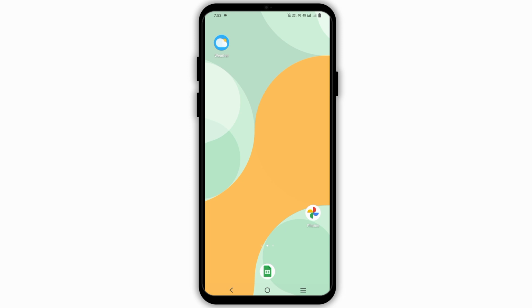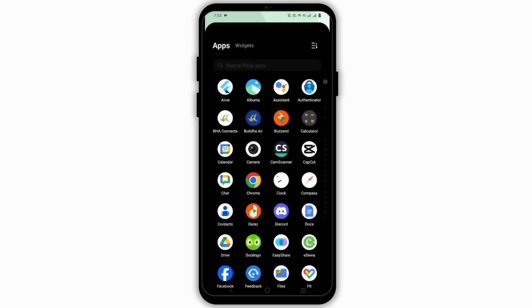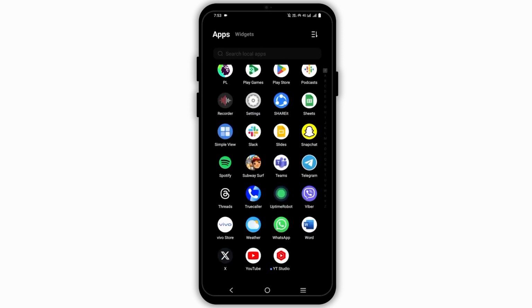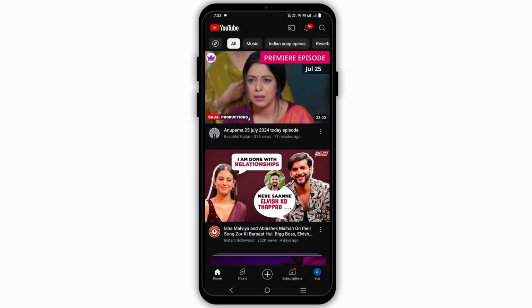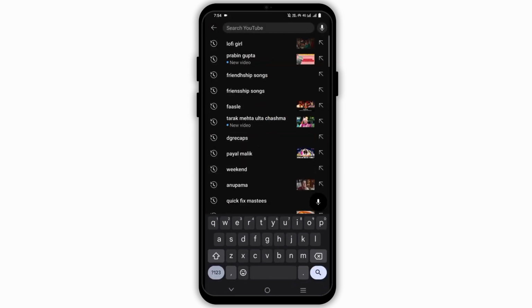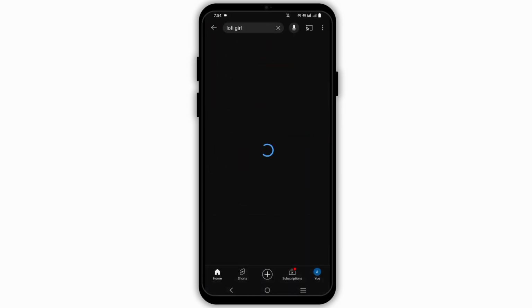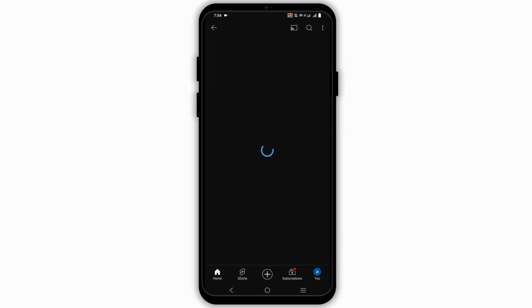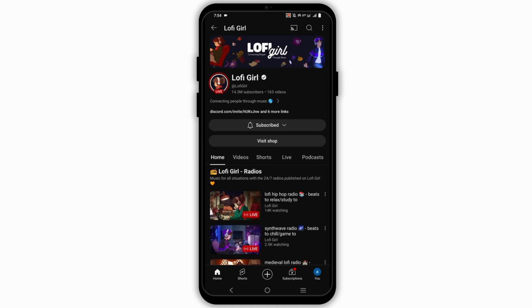First of all, you have to launch the YouTube app on your smartphone or tablet. Log in to your account. After that, from the search bar, go to the channel that you want to be a part of or be the member of. On the channel's homepage or on any of the channel's videos, you should see a join button next